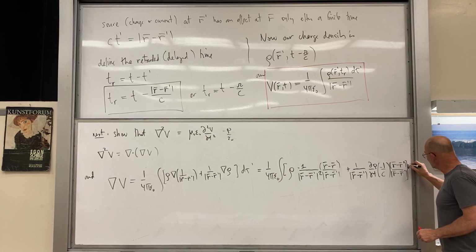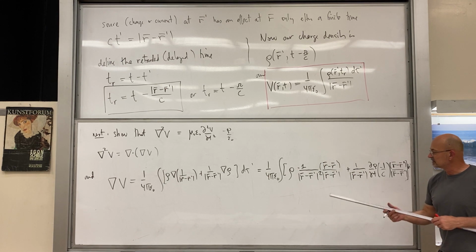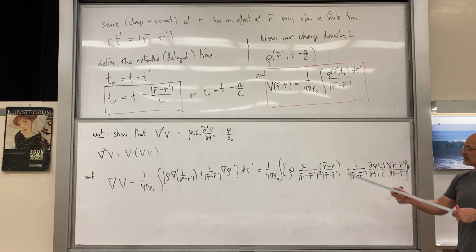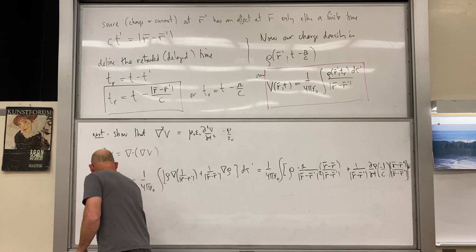D tau prime volume element, okay. So it's actually best just to focus on this for a moment. The next thing we're going to do is divergence. So next,